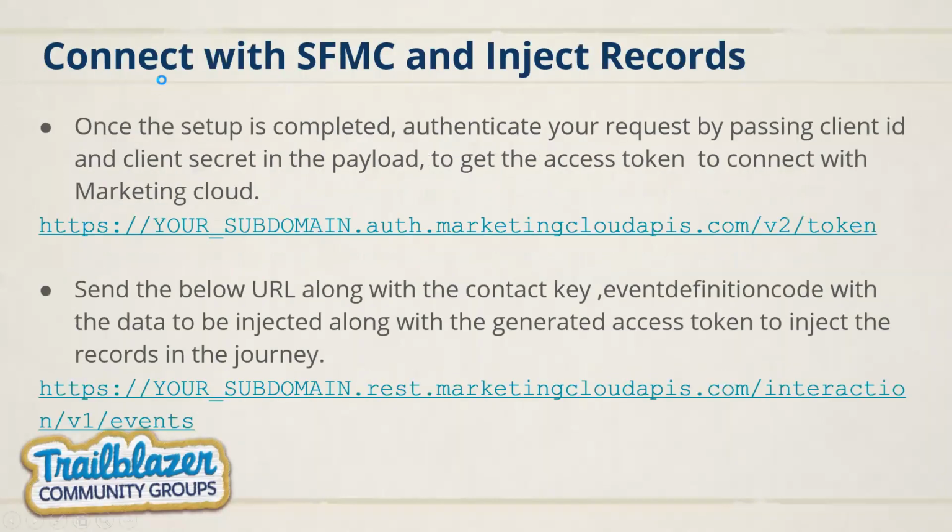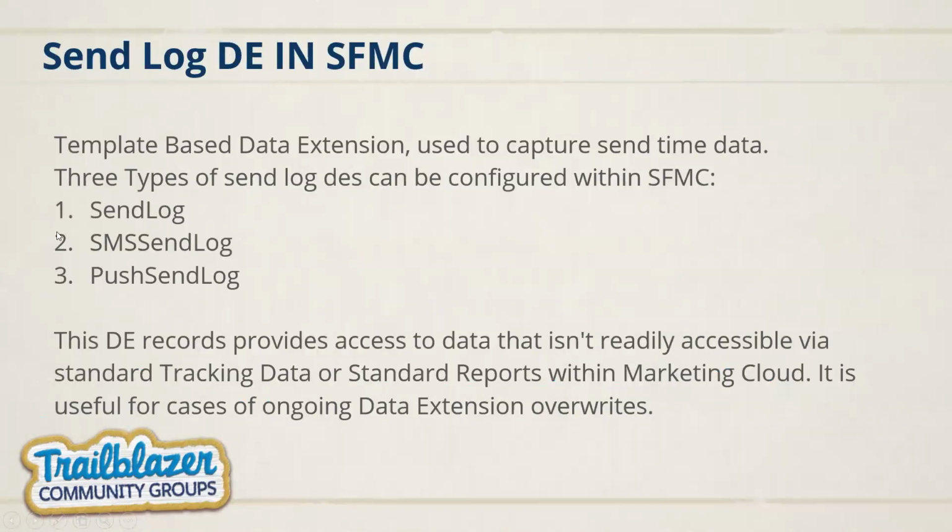Okay. So the next step that we will be performing is to connect with SFMC, and we will inject the record in Journey Builder. For the connection purpose, we first have to authenticate the request to gain access to the SFMC instance. In that case, we have to provide the client ID and client secret from the particular component that we have added. So once we hit this, the first step with this request,